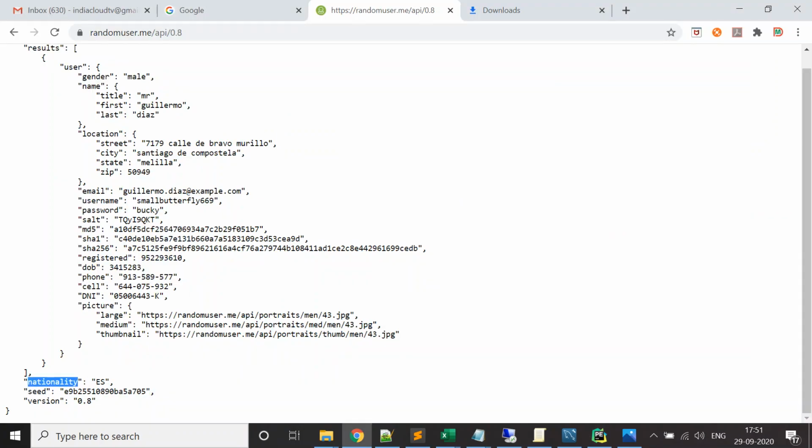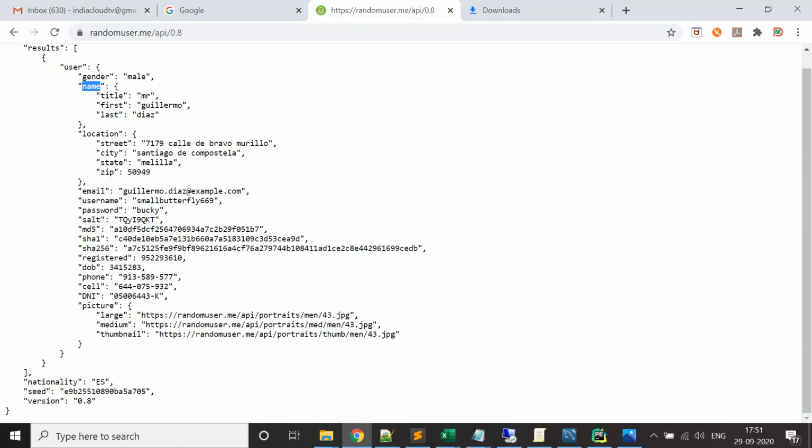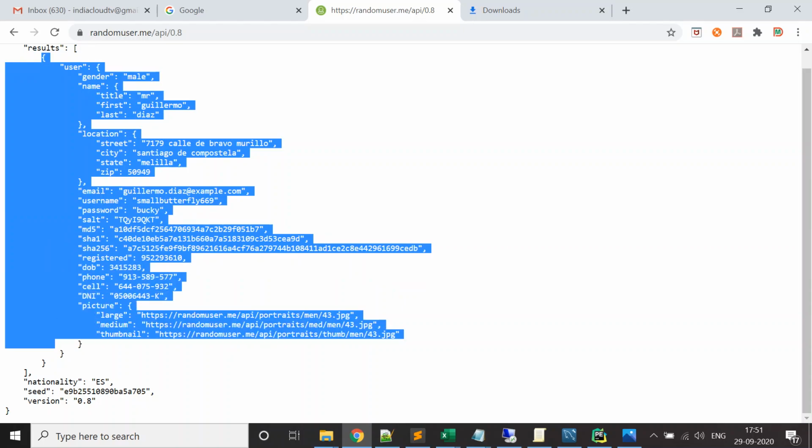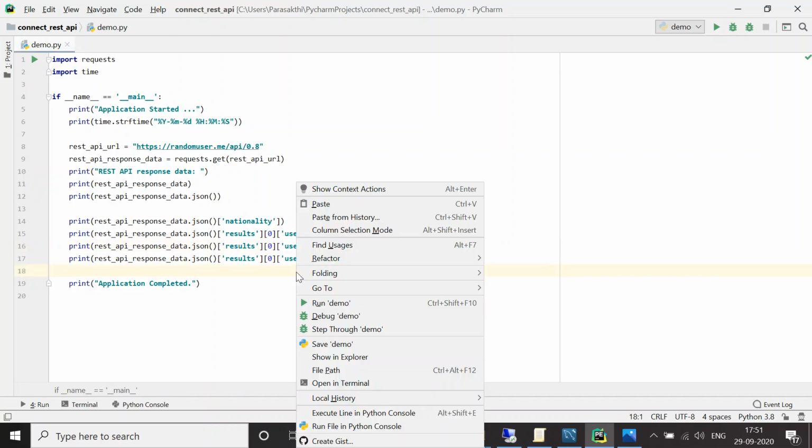The nationality is a root element, and in the results you can navigate to the user, and from inside the user you can get the name, username, password, and other fields. That's what I'm doing here. Because results is a list, you cannot directly use the dot operator. You need to loop through it and find out how many elements there are, or, since I know there is only one element in this response, I am just giving index 0. So from the first element of results, I am going to load the user field, and in the user, the username and email. These are the fields I am going to load.